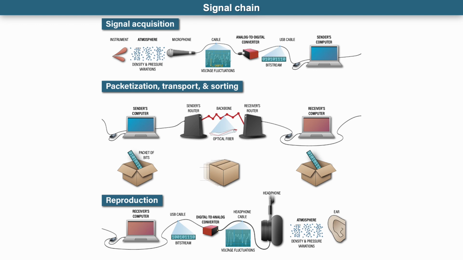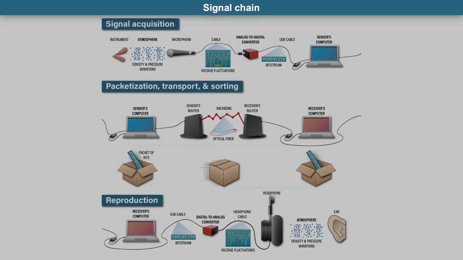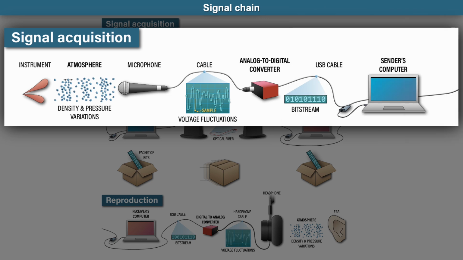When we speak or sing together over the internet, audio is represented and conveyed in multiple formats. For example, a musician can use an acoustic instrument like a voice to send out traveling waves of density and pressure variation through the air. A diaphragm in a microphone responds by vibrating, generating fluctuations in electrical voltage in a cable that are sensed by